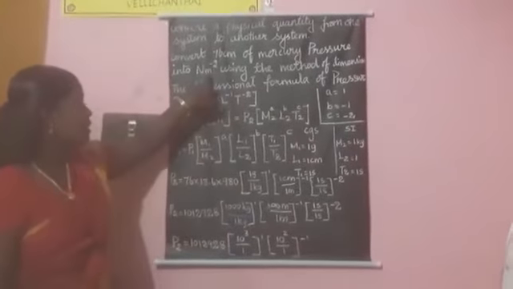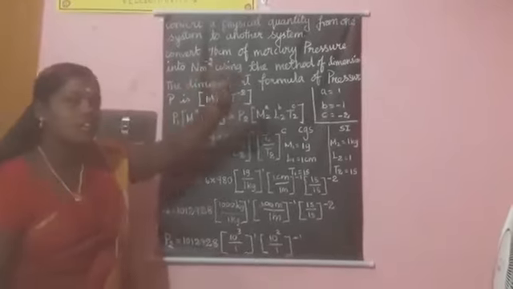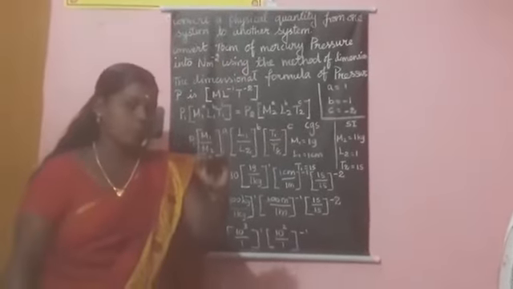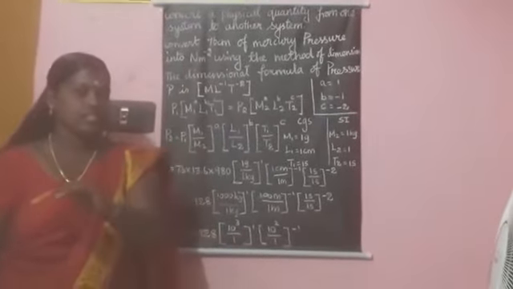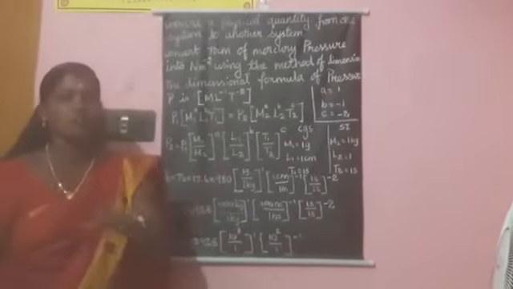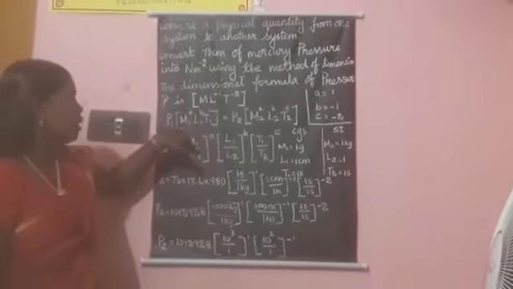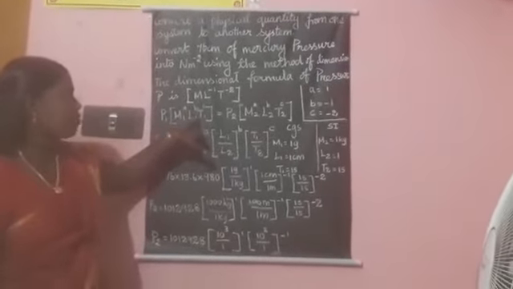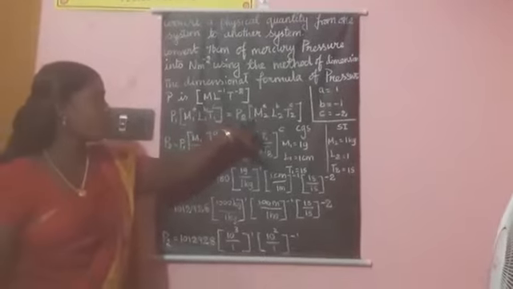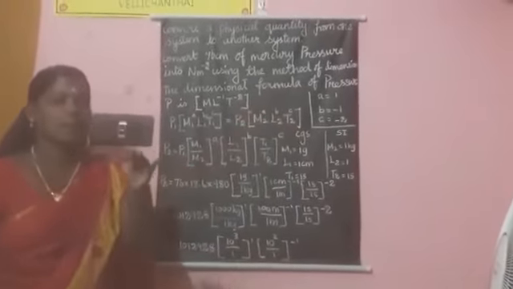Okay. So the question is given in Newton meter raised to minus 2. So you have to convert the physical quantity from one system to another system. So here the CGS system is given, and you have to convert from CGS system to SI system. Okay, so n1 u1 equal to n2 u2, that is P1 of M1 L1 T1 equal to P2 of M2 L2 T2. So the powers we consider as A, B, C.